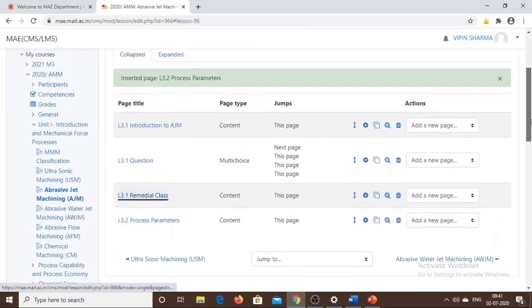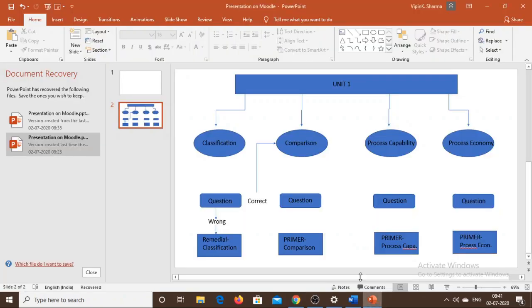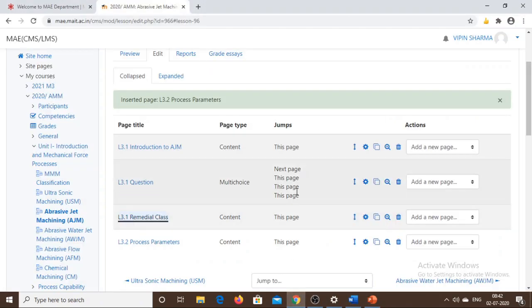Now in this page, I have the first lecture, a question based on that lecture, and a remedial class. So according to it, after this lecture, the student needs to go to the question page. Accordingly, I need to change the jump options.